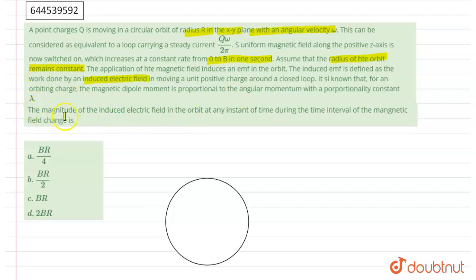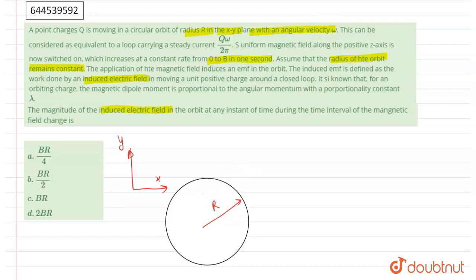Now we have to find the magnitude of the induced electric field in the orbit at any instant of time during the time interval of magnetic field change. So let's consider the xy plane, with x and y axes, and in that plane there is the loop, and the radius of the loop